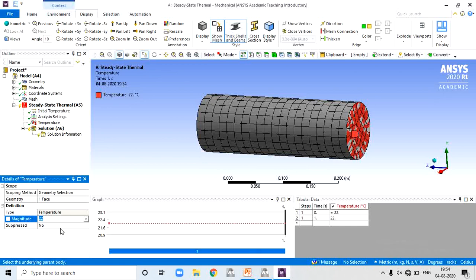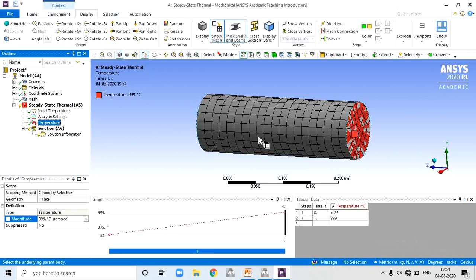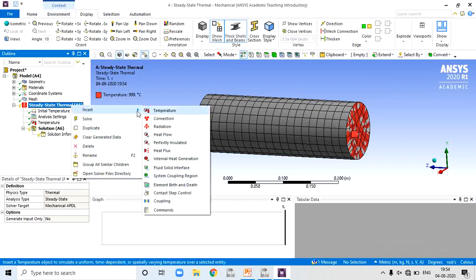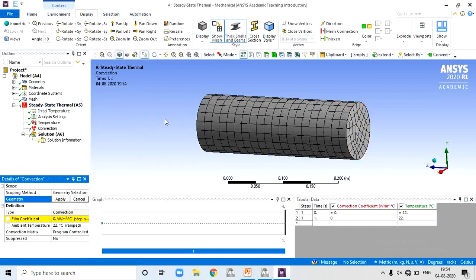By default the software takes the temperature as 22 degrees centigrade, and we have temperature equal to 999 degrees centigrade. So the temperature varies from 22 degrees to 999 degrees centigrade. After that, we have one more input, that is convection, small h.